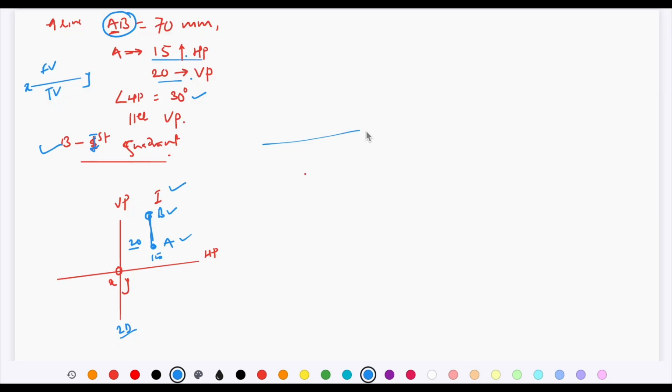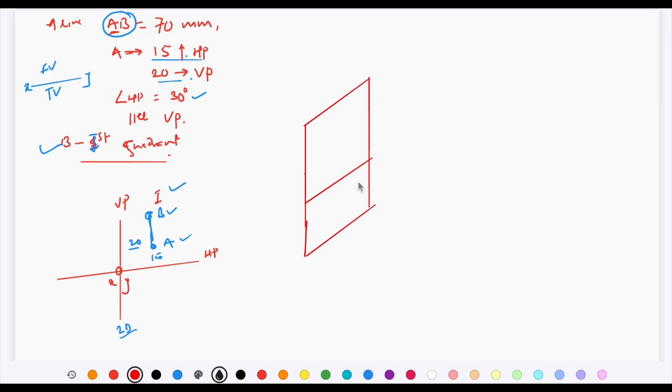Or if you represent it in a 3D format, this is the horizontal plane, this is the vertical plane, then the line is going to be like this one. It is going to have a certain inclination with HP and it is parallel to the vertical plane. Now in this case we are supposed to draw its solution. To draw its solution,